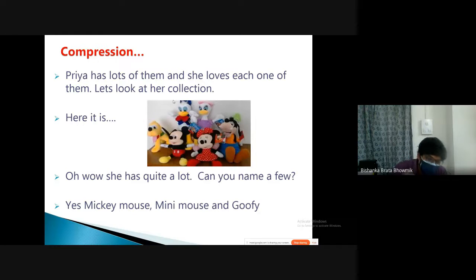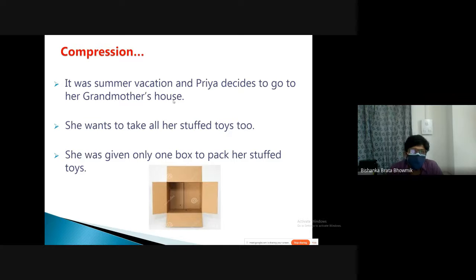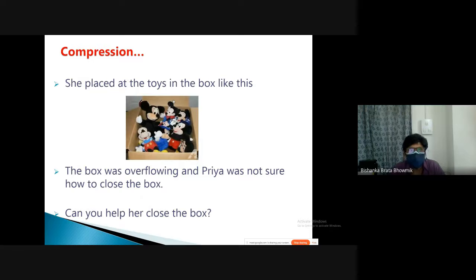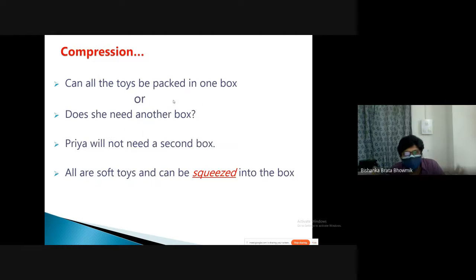Now they have to shift it. You can give them this assignment. Now how will you do this? The first thing, what can they do? They have to fit all this stuff in this small box. How will they do it? They will take these and squeeze all the toys into this particular box, right? Once they squeeze it, they are basically compressing all these stuffed toys. And make sure these are stuffed toys, otherwise it will not work, right?